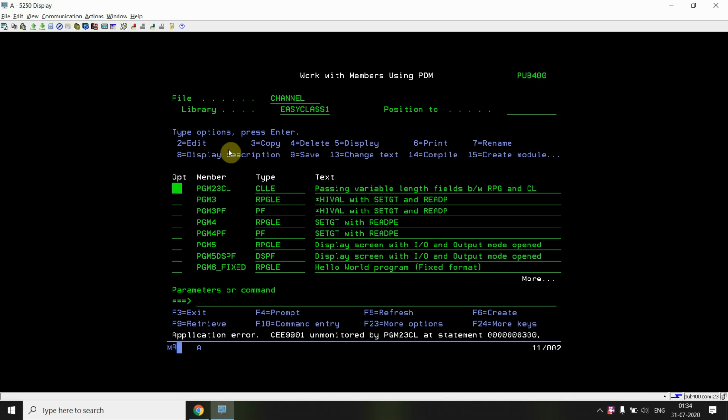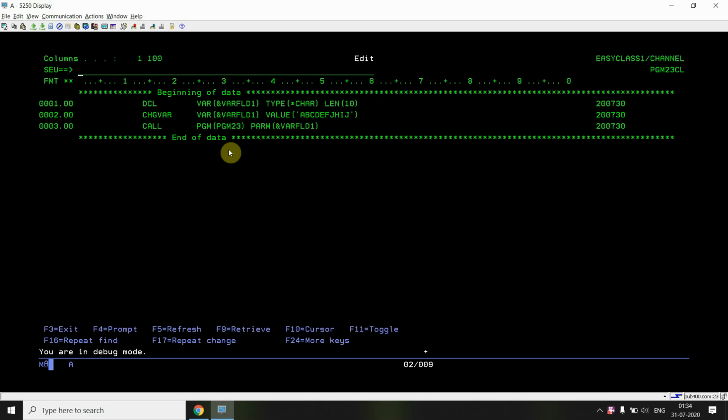Now how would I be handling this? If my RPG program has an input parameter, or you can say a field, which is a varying length field, and I have to call that program from our CL program, how can I manage that? Because as you can see, there is no way to define a varying length field in CL as in RPG. In RPG we have the feature to just write VARYING in the keywords section, but here